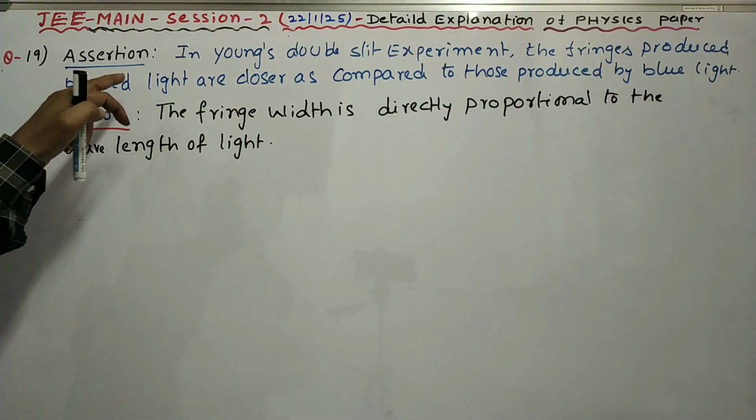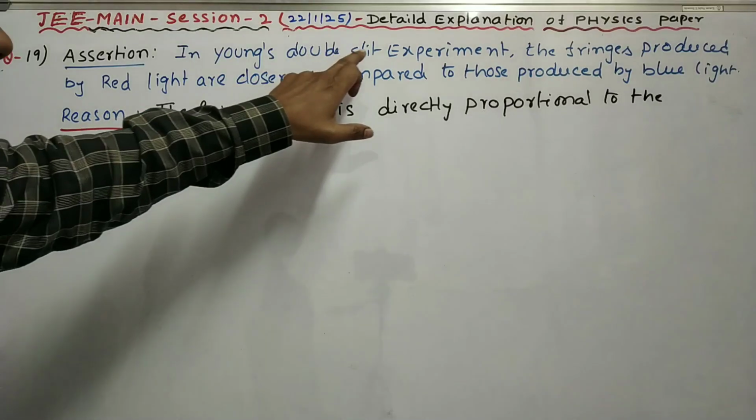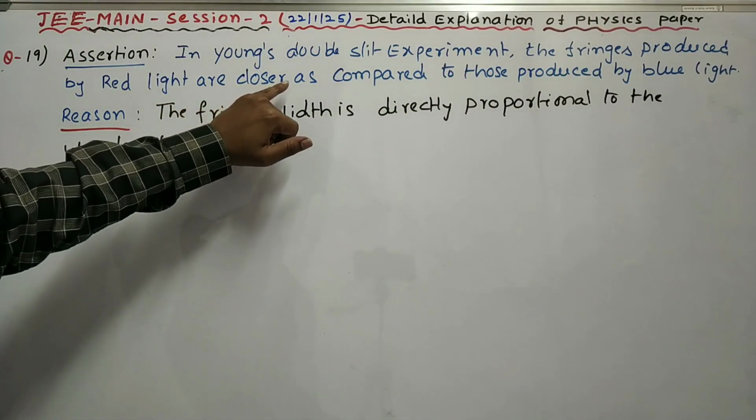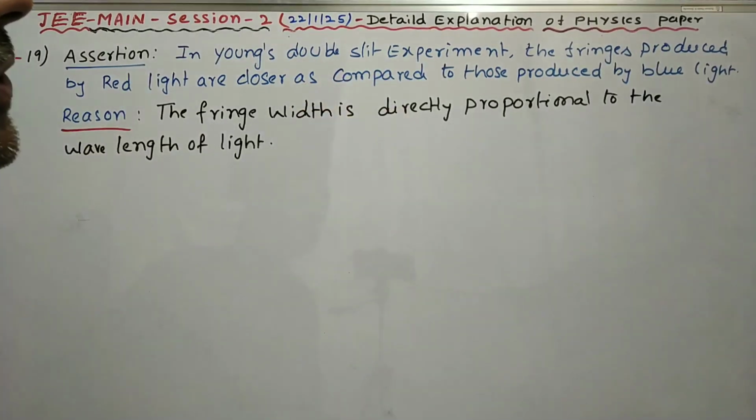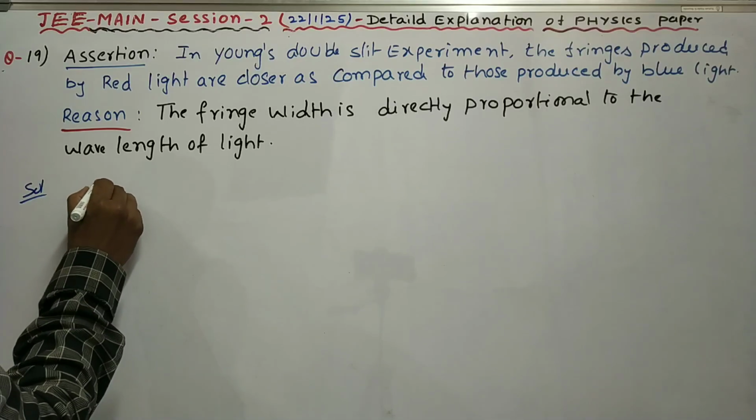The 19th question, assertion and reason type. The assertion is: in Young's double slit experiment, the fringes produced by red light are closer as compared to those produced by blue light. To see, in Young's double slit experiment,